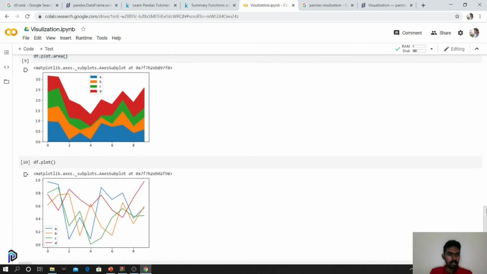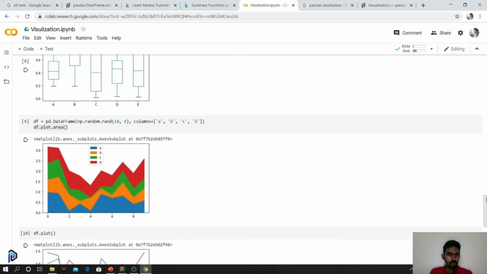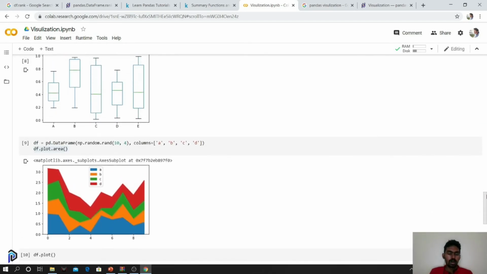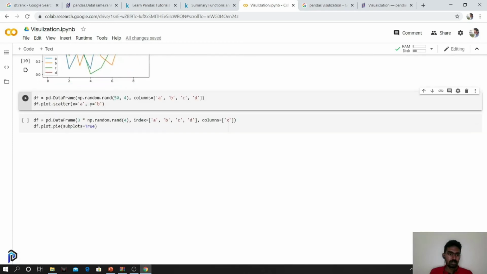This is the normal plot and this is an area plot. Let's not dive deep into what each graph actually explains. Those things will be described in the visualization section.